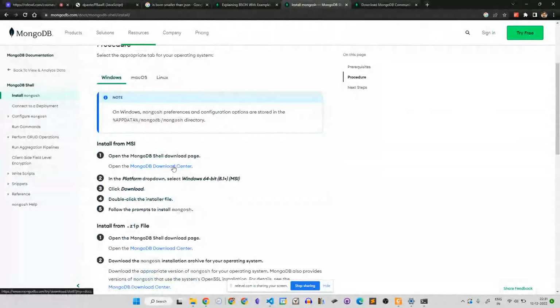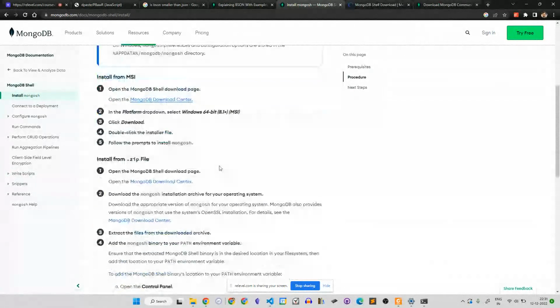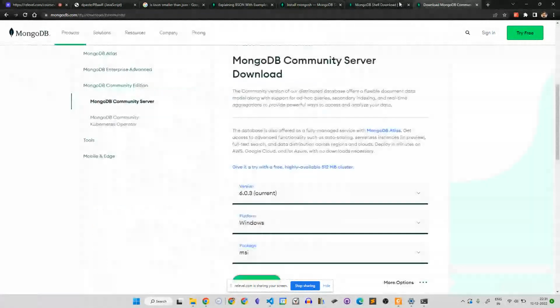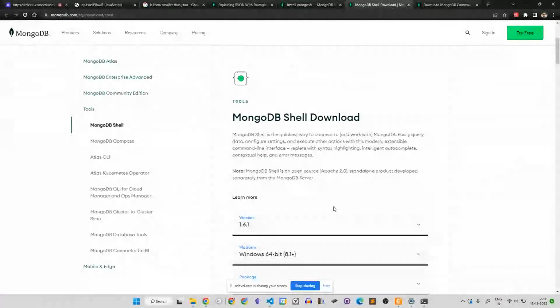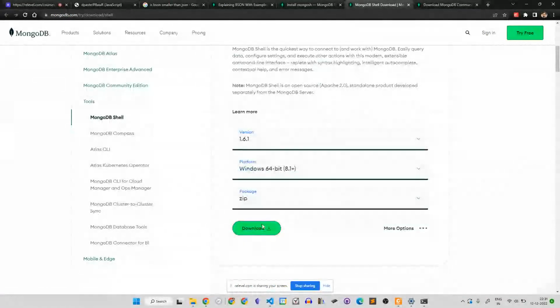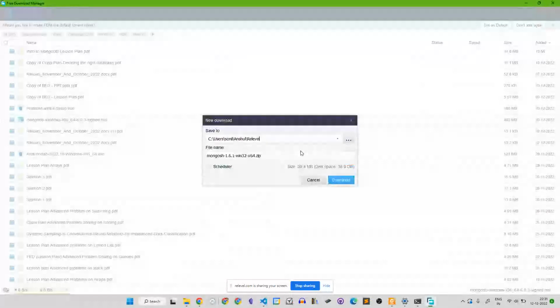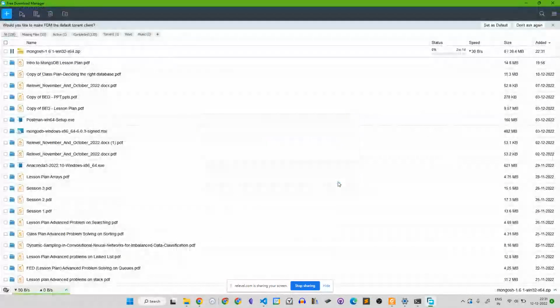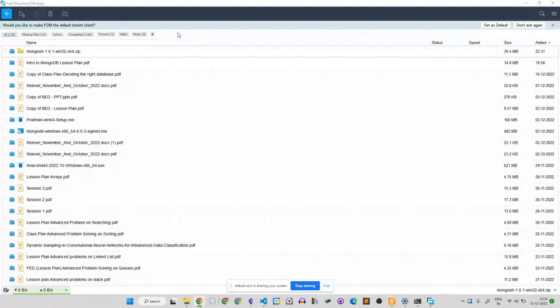You can go to the downloader and install it. This is the Mongo shell download. This is a zip file. Once it gets downloaded, you can extract it. Are you following? You can install the MongoDB shell separately. Sorry, I didn't read the instructions there.